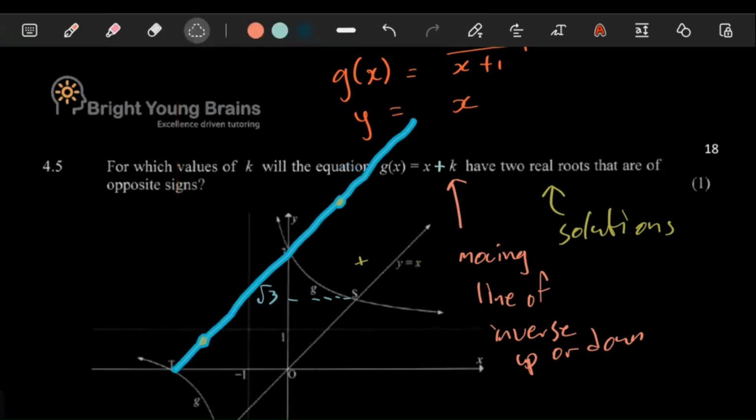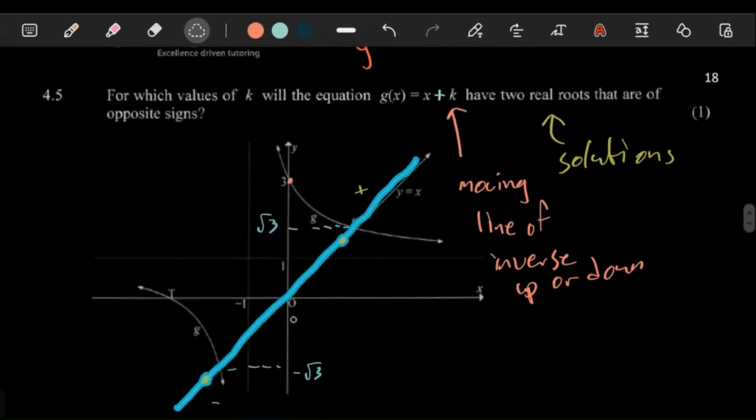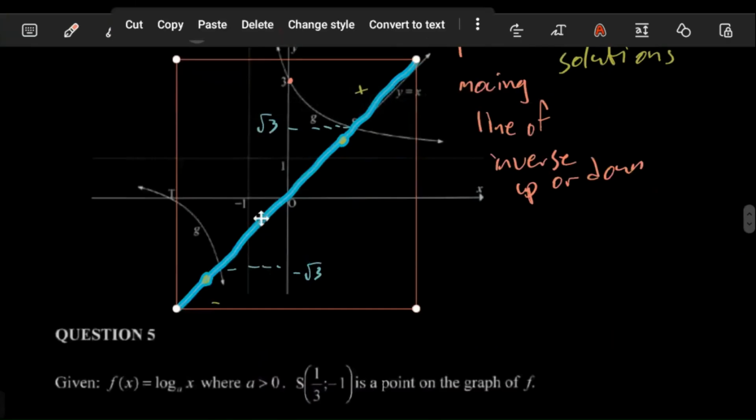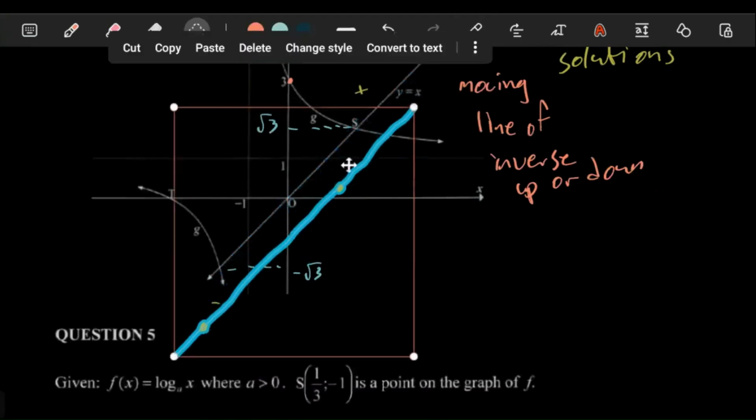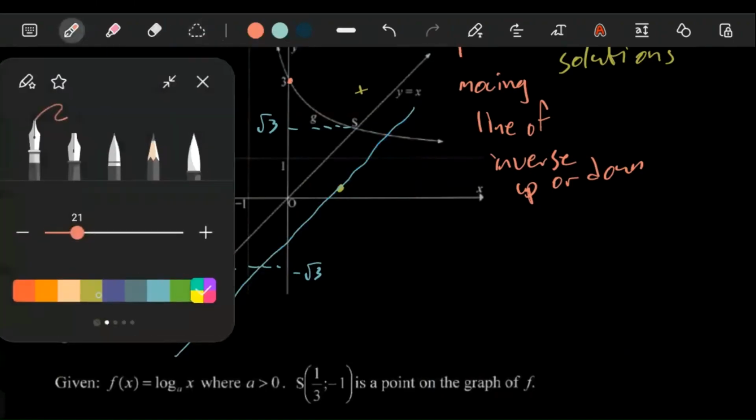So what that means is our value of k should be any value that is below 3. You should not move the graph upwards more than 3. So anytime you move it going downwards, even if it moves all the way down to negative infinity, the graphs will always meet in one place on the negative side of the x values and then one place on the positive side of the x values. So your answer, you will just have to say your k value should be